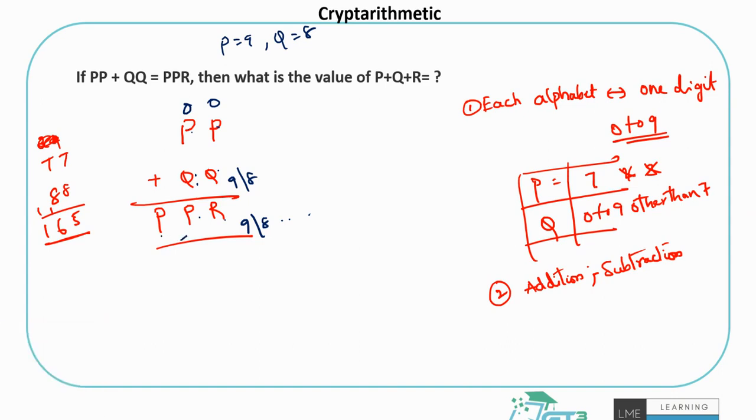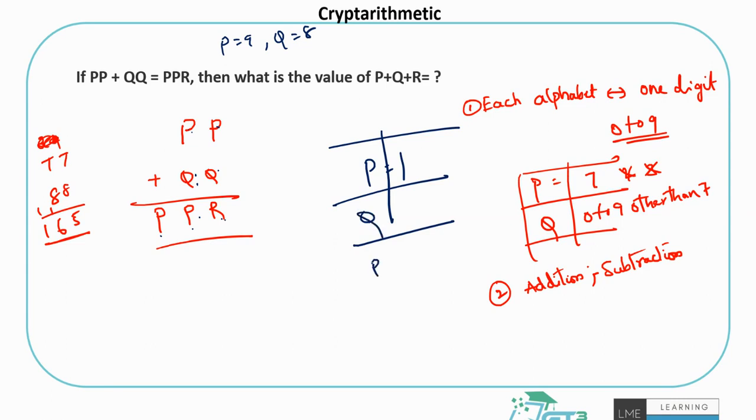So clearly P can't be 0. And as I said, a very important point: if I give you PPR, it means it should be a 3-digit number, and it means P can't be 0. That's another rule you can always stick to in these questions. They'll set it in such a way that they won't give a 2-digit number like 023 and call it 3 digits. So P can't be 0. From these two things it should be very clear that P has to be 1, since the maximum I can carry forward is 1 or 0, and 0 isn't possible. So P is 1.